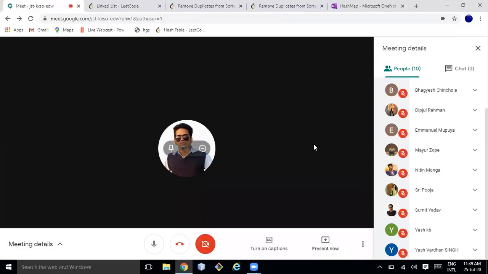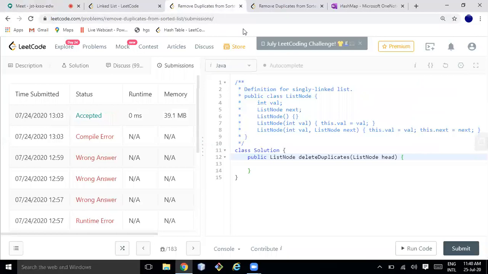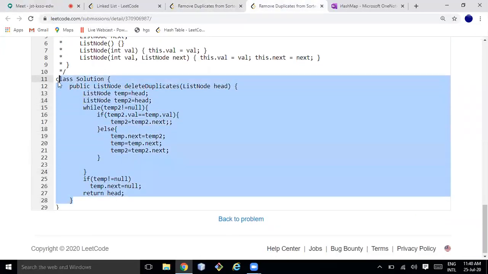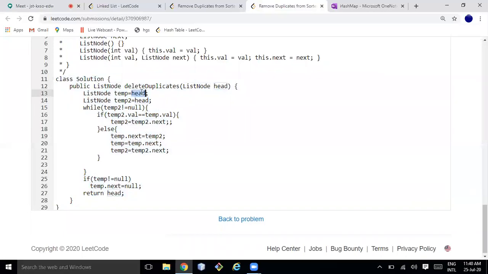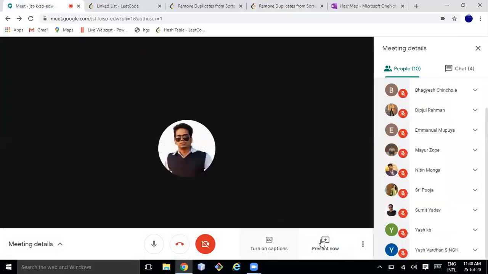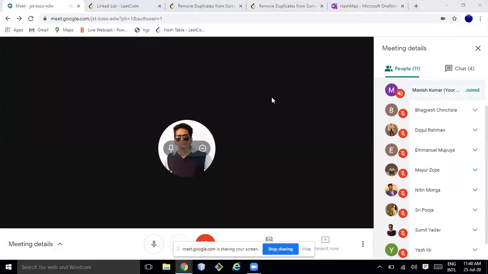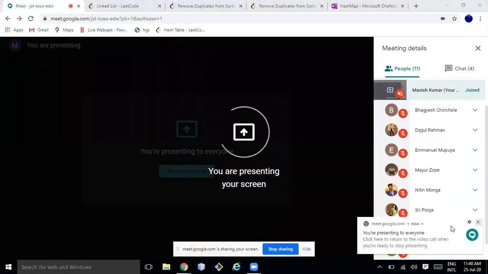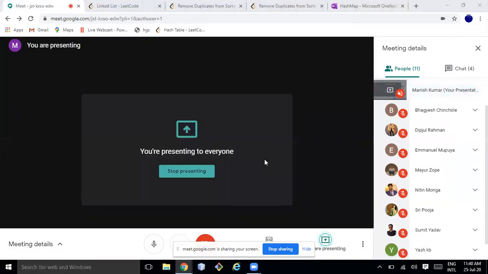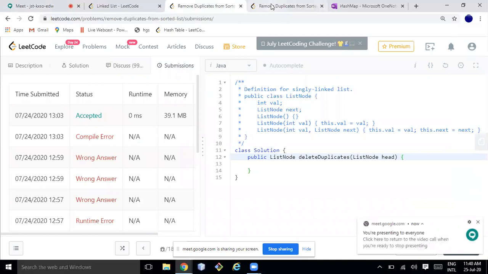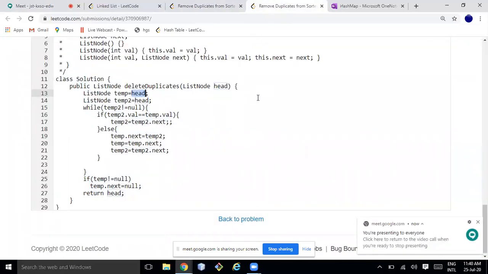Okay, let me explain how I did it. You guys are able to see my screen, right? Or let me share. Whoever didn't understand my way of solving, listen.